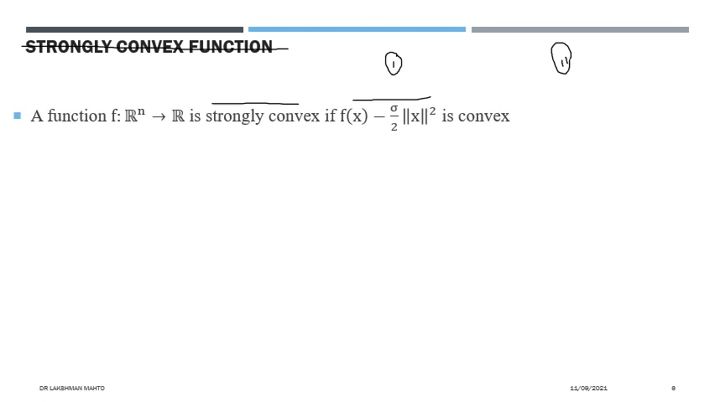Geometrically, or algebraically, if you want to explain, you can write the definition of a strongly convex function this way. If someone says, can you give an example of a function which is not strongly convex but convex? One example is e to the power minus x,